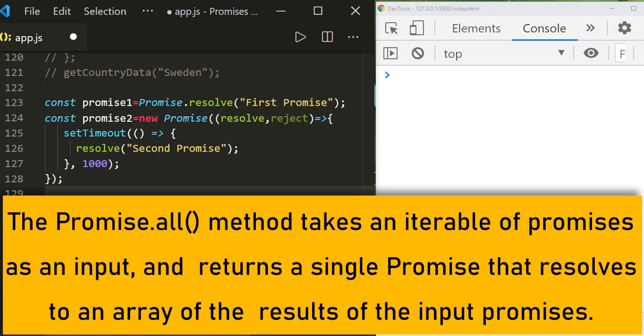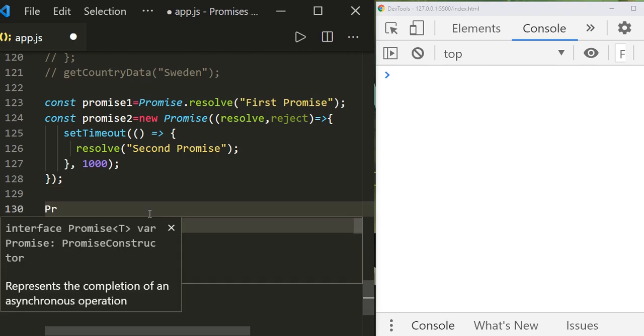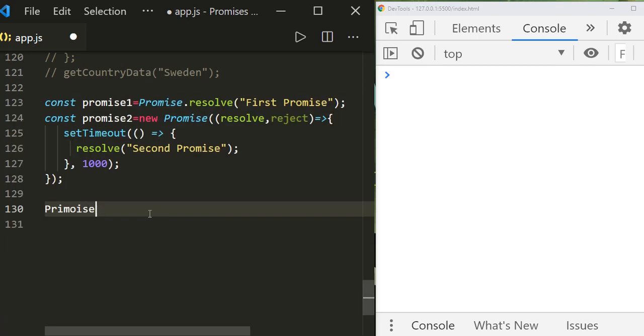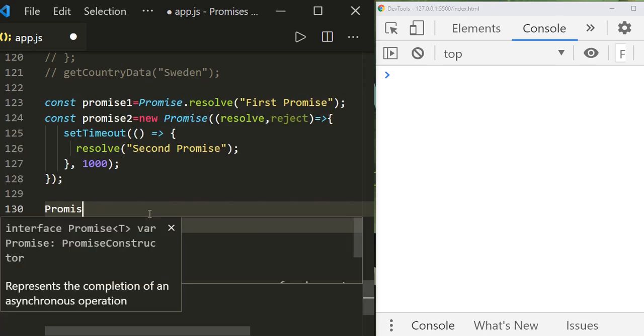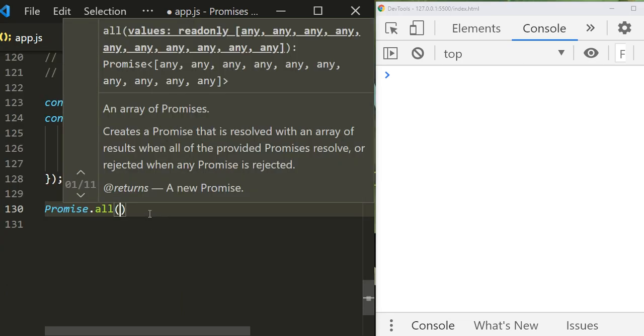So let's see what the simple definition of promise.all is. Here I am going to use the promise.all method. As I said, it takes an array of promises.